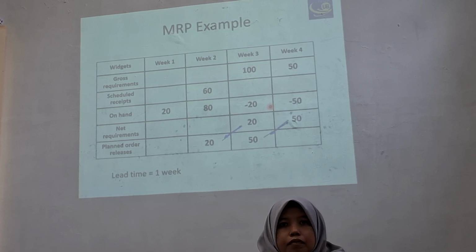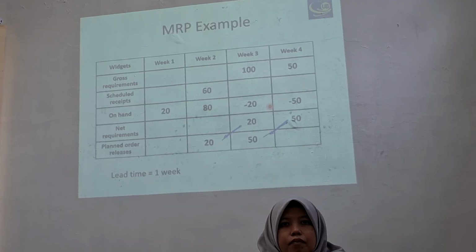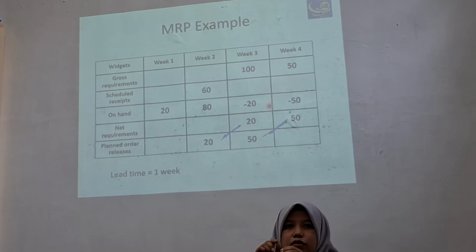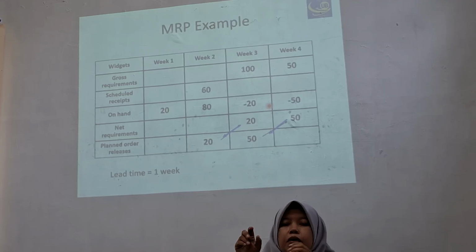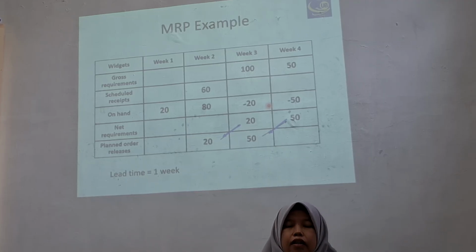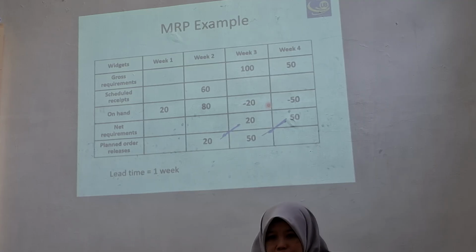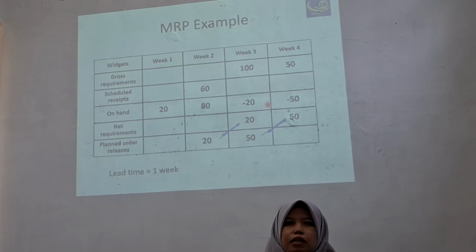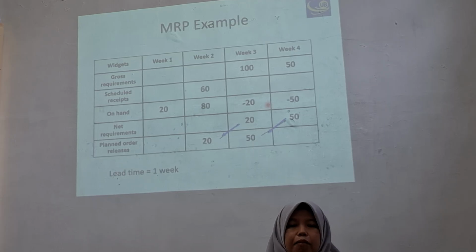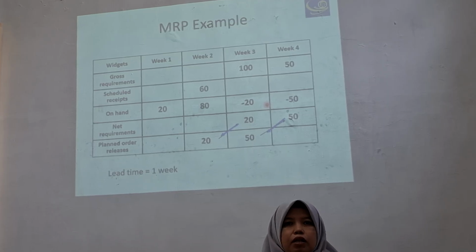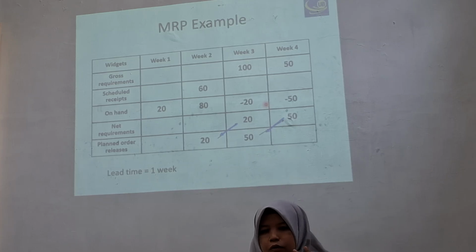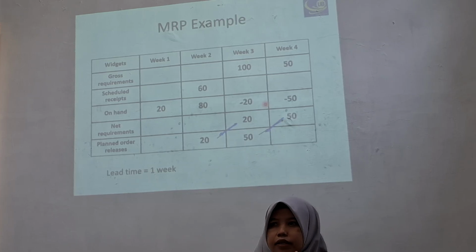Sorry, but is this example without any safety stock, right? Yeah, the policy is safety stock 0. Maybe in another example there is information about how much safety stock the company must have. It is still basic to study about the MRP. Okay, good, Rio, for your question. Anything else?